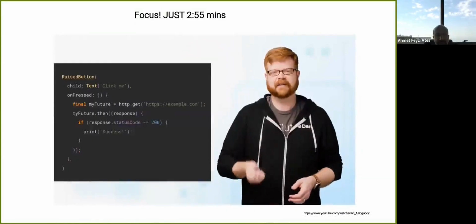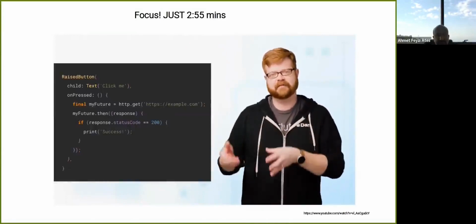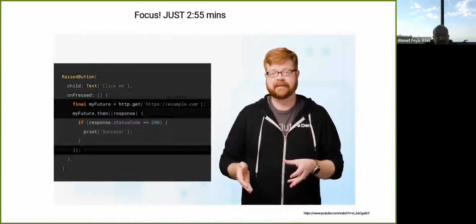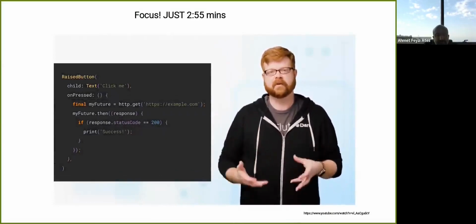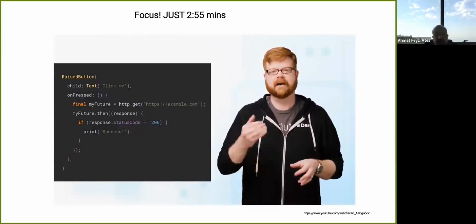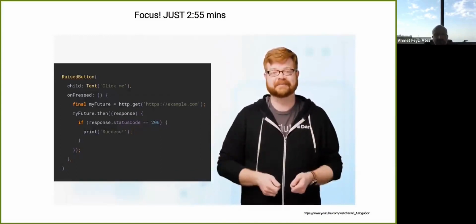If we look back at the code example, you can now see exactly how it's broken up into blocks for particular events. There's the initial build, the tap event, and the network response event. Once you get used to working with async code, you'll start recognizing these patterns all over the place. And understanding the event loop is going to help as we move on to the higher level API.